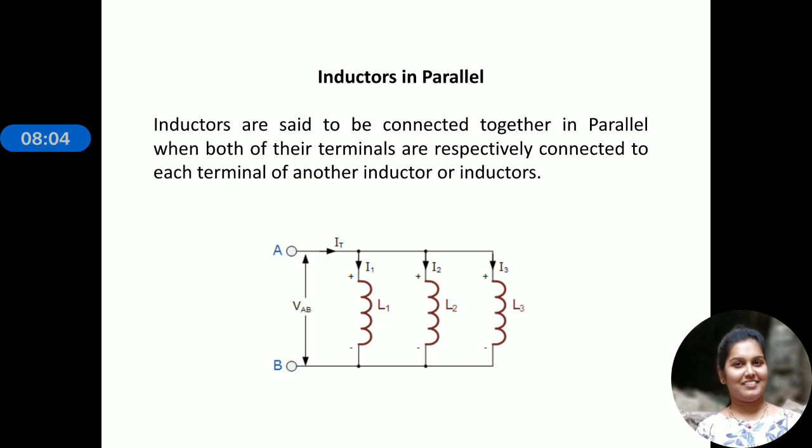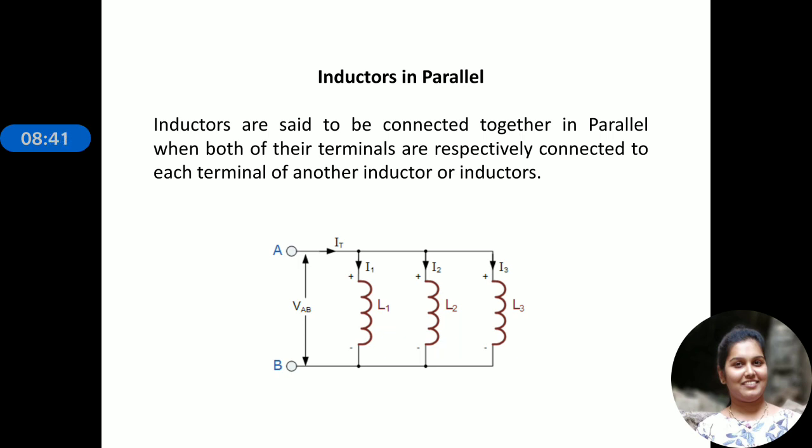So in this class also we'll try to learn how inductors will be connected in parallel, and what is the expression we give for inductors, and also we'll see how the inductor value will vary according to the aiding type and also according to the opposing type of inductors. So all these points we'll discuss in this video. Okay, so let's start. What is all about inductors in parallel?